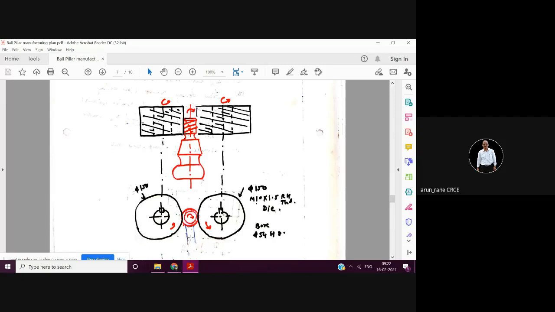So how does it work? Initially you have one die which is fixed, in the sense it is rotating, but it is not moving in this direction. And then this die is a little away, so it is in the retracted position here. That means this area is clear. So you have to keep the component here on the V rest, of course where it is to be threaded. So manually you have to load this component on this V rest. Then you have to bring this die and press it against this component.